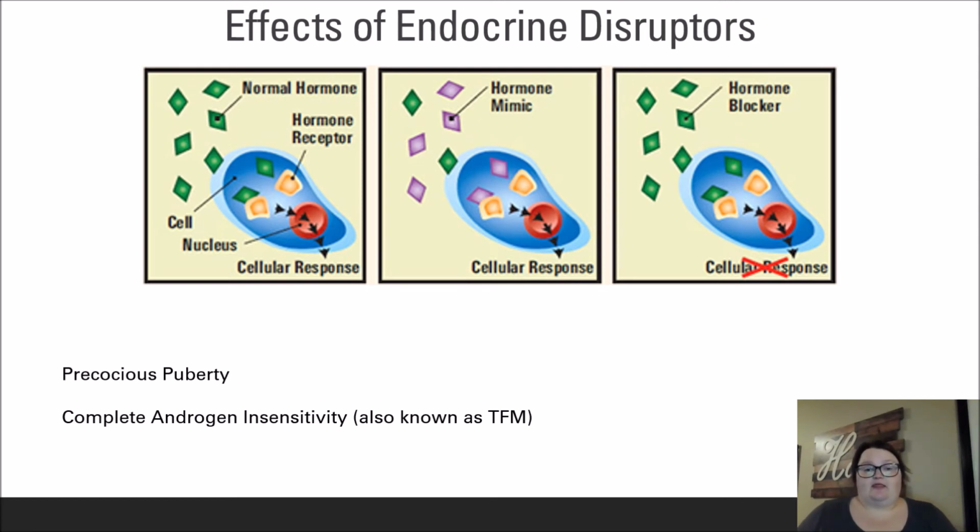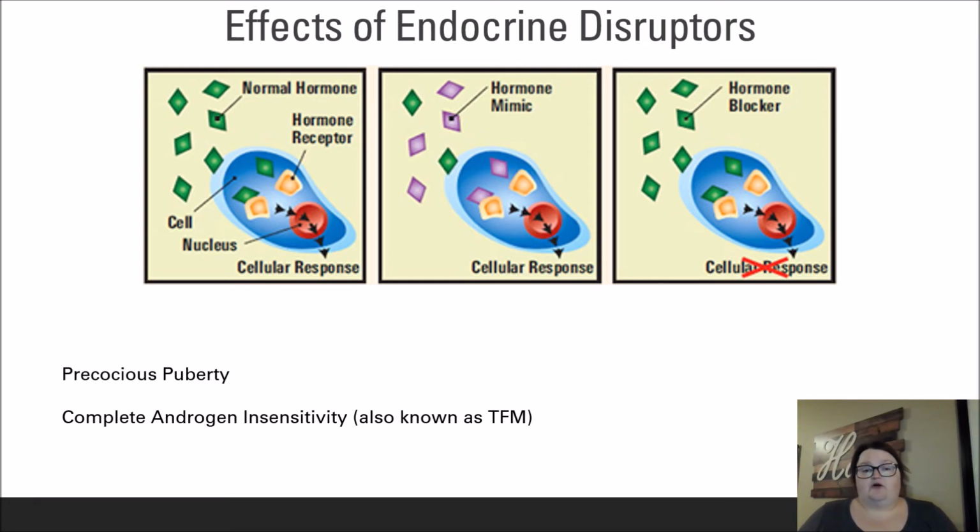Hormone mimics, like BPA and phthalates, appear similar to the actual hormone in the body. In this case, the hormone is the sex hormone estrogen. The body responds to the compound as if it were estrogen, thus producing cellular responses. Exceptionally high levels of estrogen can lead to precocious or early onset puberty. Extreme examples have been found where young girls begin puberty at age 5.